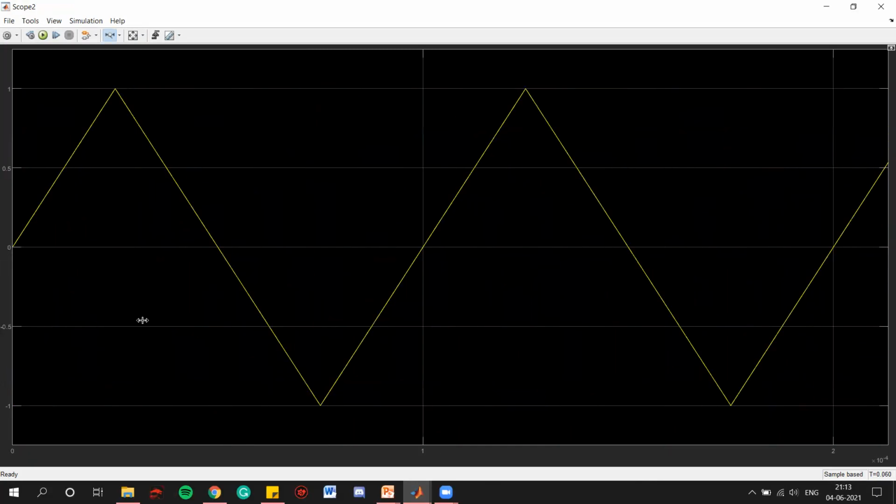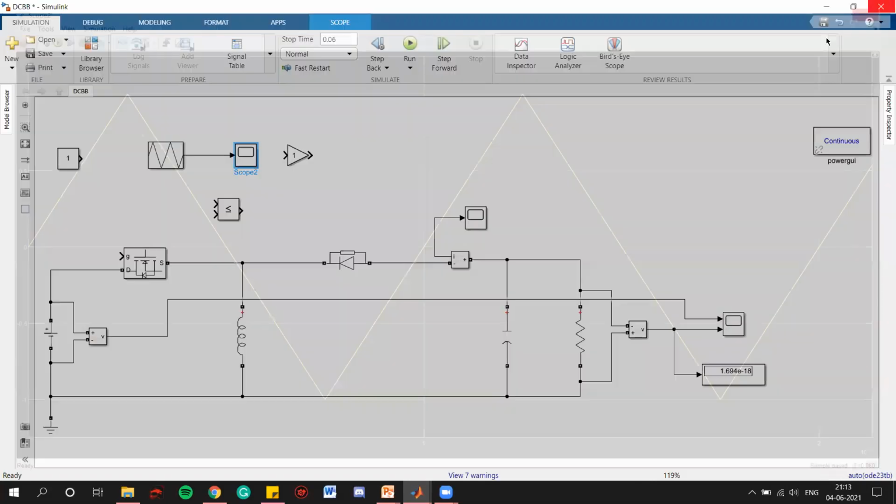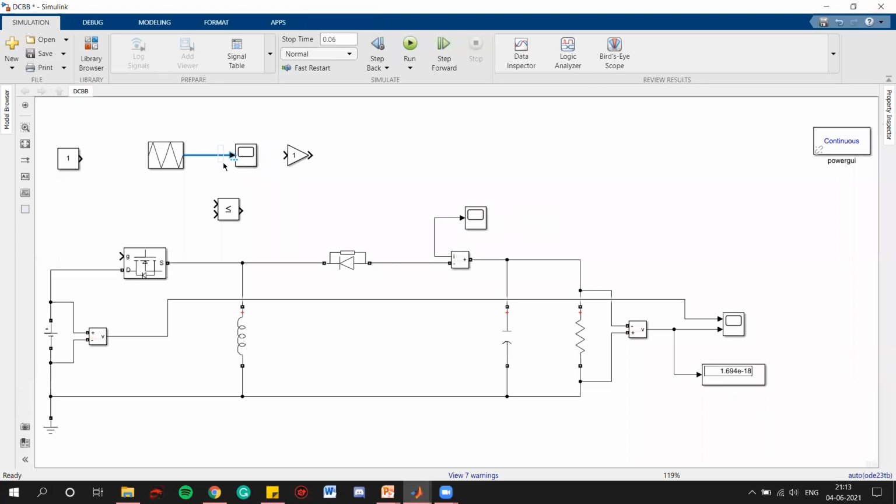So now we can see it will start from 0, it will go to 1, and it will come to -1, right? So the range is -1 to 1. But I always say that it is more simple to work with the range of 0 to 1. So we are adding different things. Where is that add block that we added?